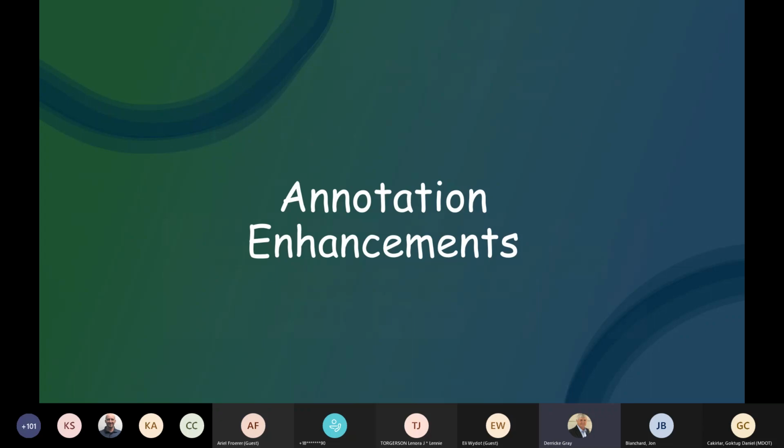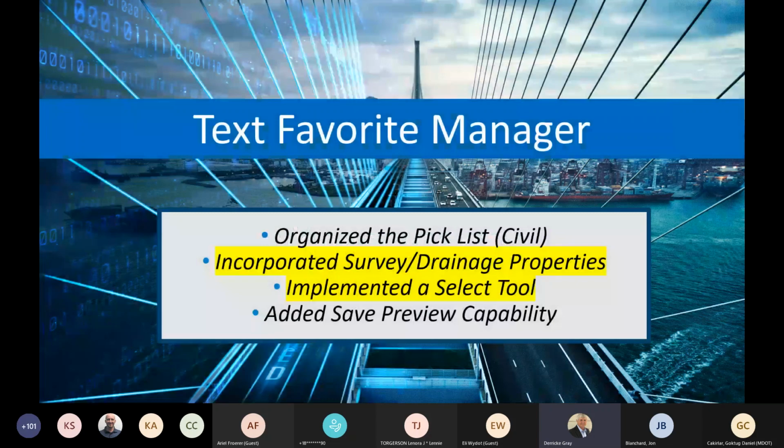And one of the areas that I want to dig a little deeper in, I know many of you on this call are at an administrative level where you actually go in and set up your DGN Libs and you create your workspaces and you're very intimately involved with that. So I wanted to hit a few things that maybe would help you. One of the areas that we made changes to, actually back in 10.10.1, was the text